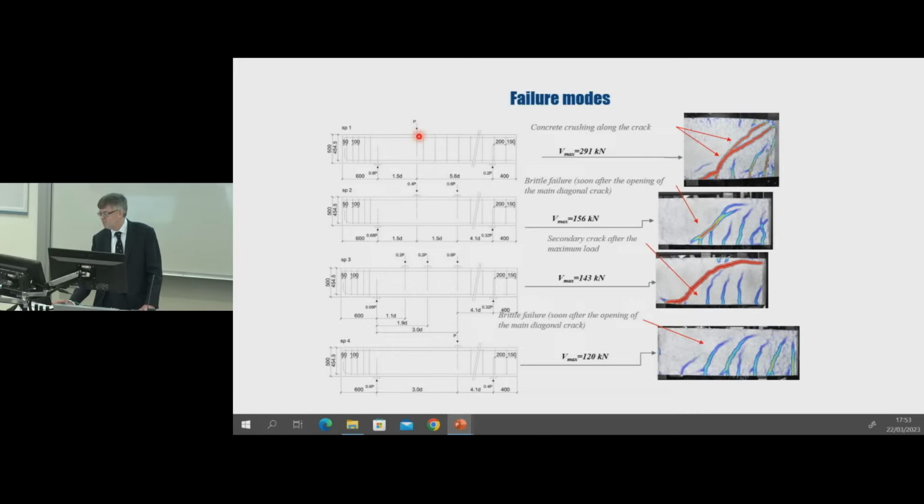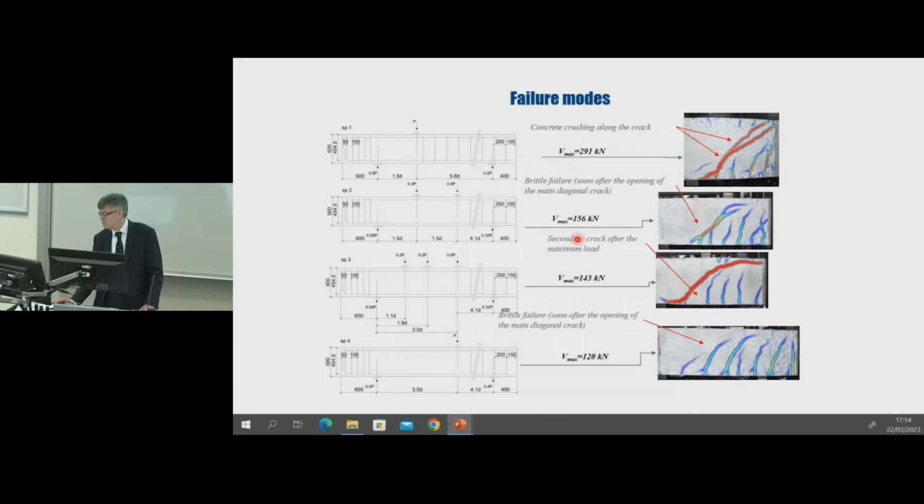So here at the top, we have the first beam loaded with a point load positioned at 1.5D from the support. The next beam down was loaded with a load of 0.4P at 1.5D and the load of 0.6P at 3D from the left-hand support. The loading arrangement of the third beam is statically equivalent to that of the second, with the load of 0.4P replaced by 2 loads of 0.2P positioned at 1.1D and 1.9D from the left-hand support. And then finally, the fourth beam was solely loaded at 3D, where we have no significant shear enhancement.